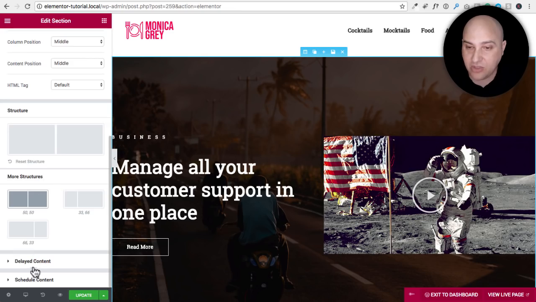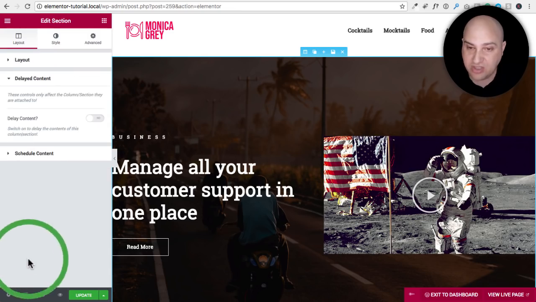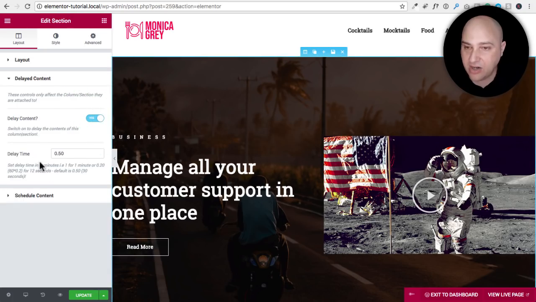Okay, so now we have these two options, delayed and scheduled. Let's just take a look at it. I'm going to enable the delayed content right there. I guess on page load, we can have it appear after a second or so. Let's see, set delay time in minutes. Okay, so that's saying the delay time is now set to 30 seconds. That's half a minute. So if I click on update, and then I go here and then click on